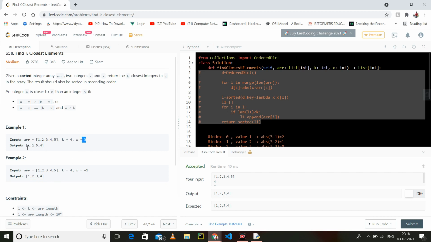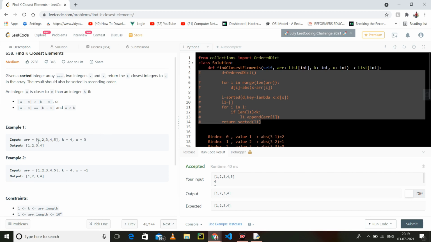Now you can see 1 is also close to 3, 2 is also close to 3, 3 is also close to 3, 4 is also close to 3, and 5 is also close to 3, because if you take the absolute difference, 3 minus 1 is 2, and 5 minus 3 is also 2.